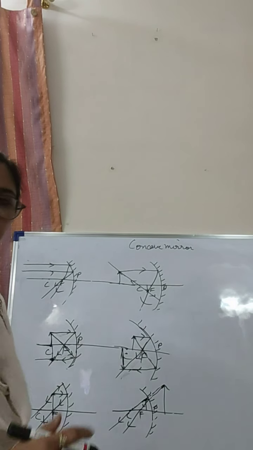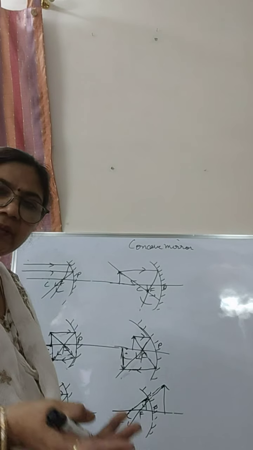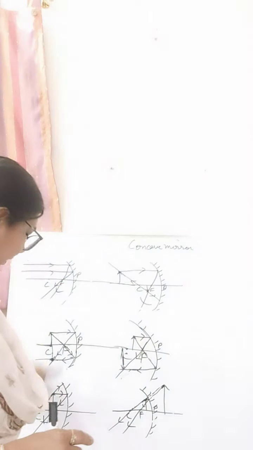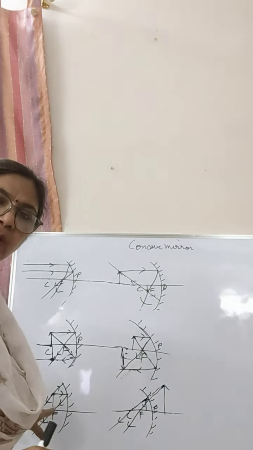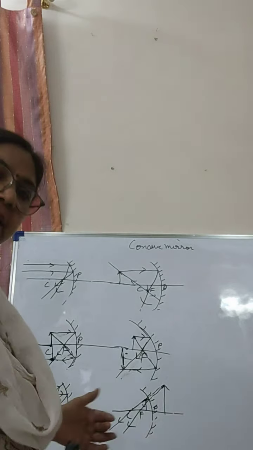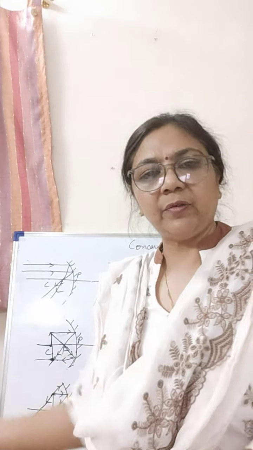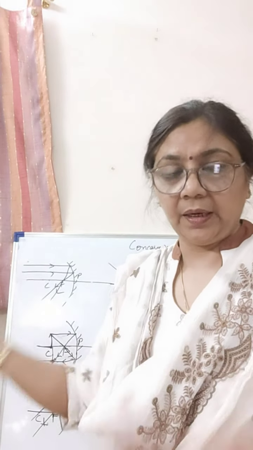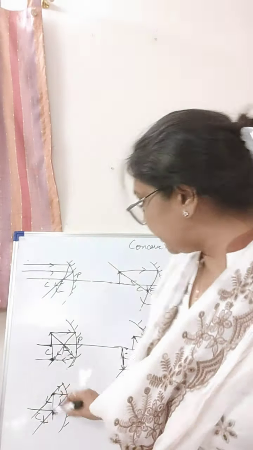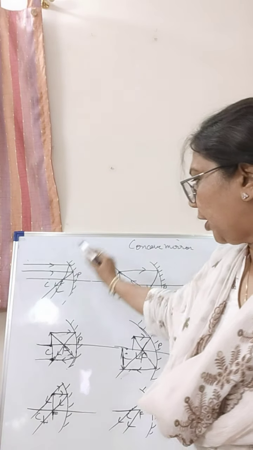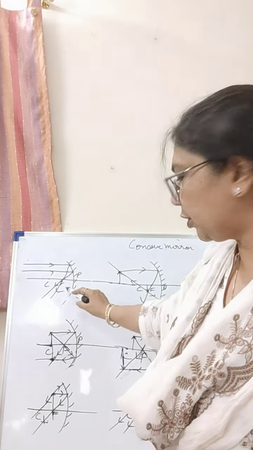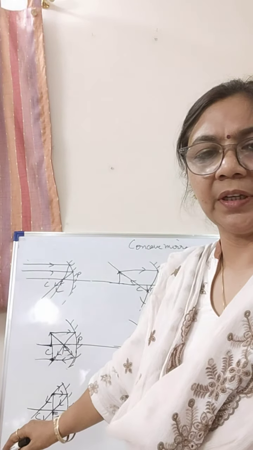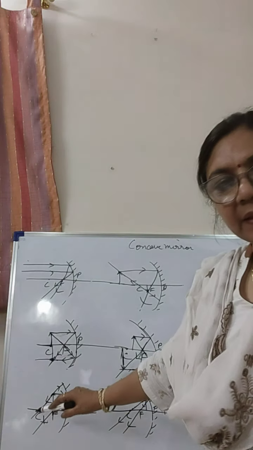So we have taken that the rays which are coming from infinity become parallel in the first case. That is the assumption that we have taken. So here also we'll just say that the image will be formed at infinity. Now this image is formed at infinity, in front of the mirror. That means it will be real and inverted and highly enlarged. Okay, in this case, this is the opposite of the first case: when the object was at infinity, the image was at focus. Now if the object is at focus, then the image will be at infinity. Okay, so this is the fifth case.